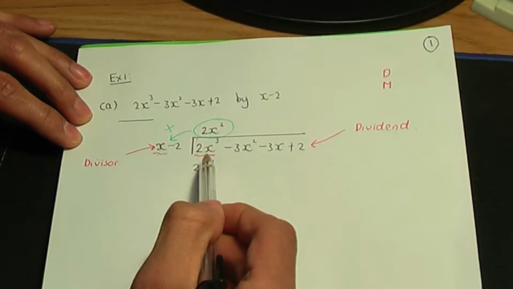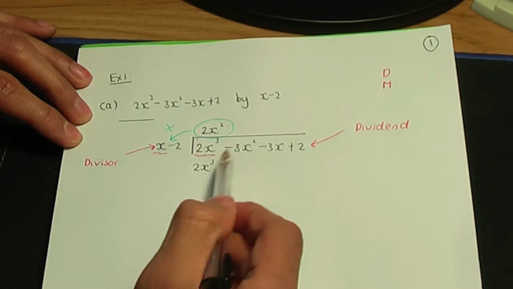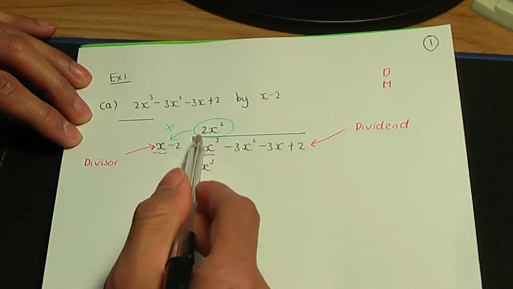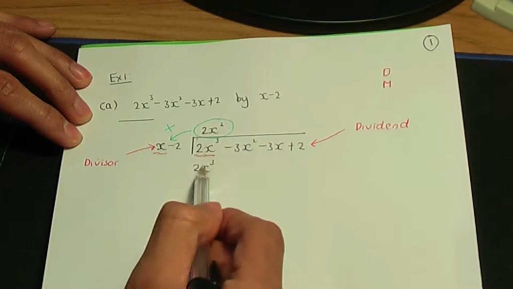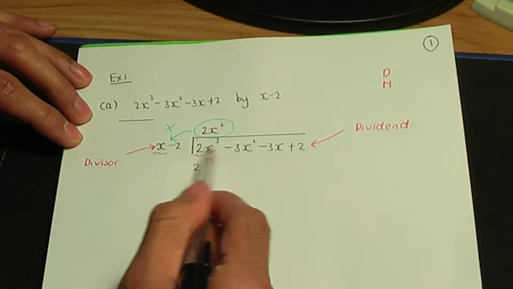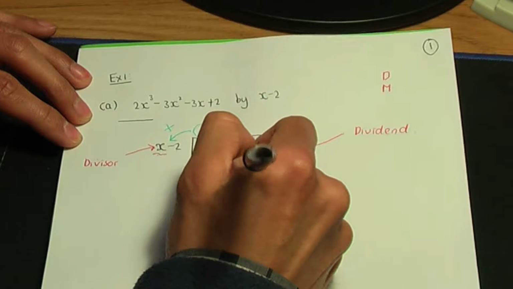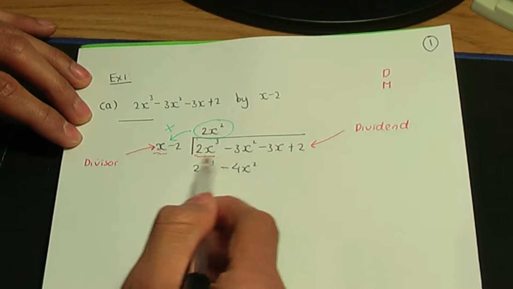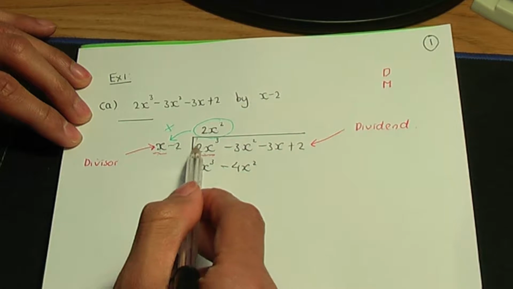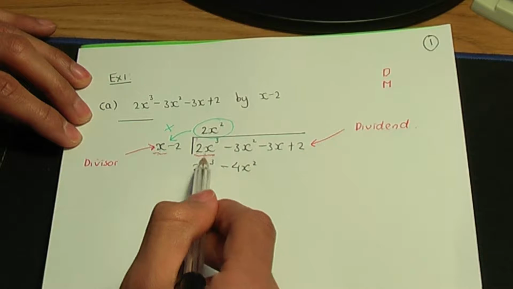Write down the outcome of multiplication underneath the corresponding power terms, so write that underneath the cubic term above. 2x squared times minus 2 is minus 4x squared. The ordering is important, so write down the outcome of multiplication below and put the terms in order